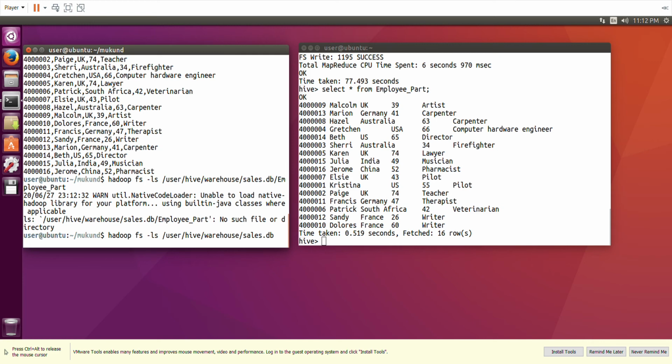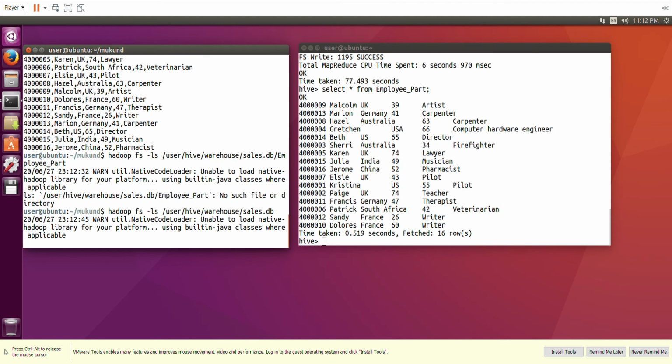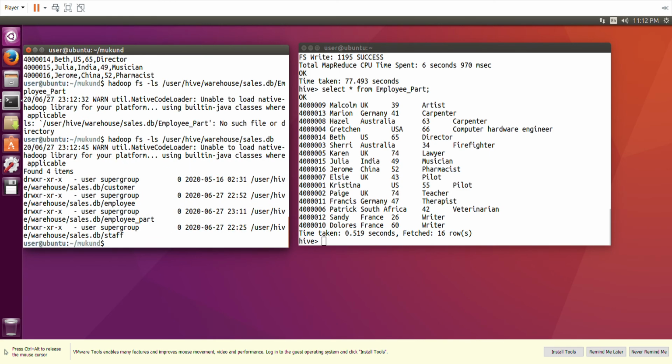So sales.db we are going. Sales.db is there, and we have employee underscore part in small case. So that's the table that we have created here.